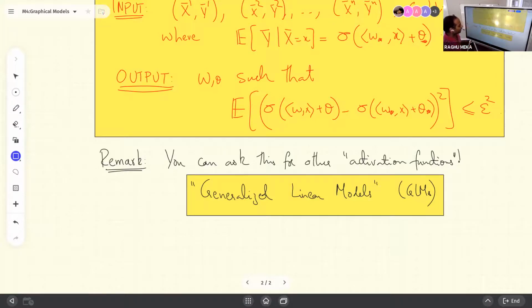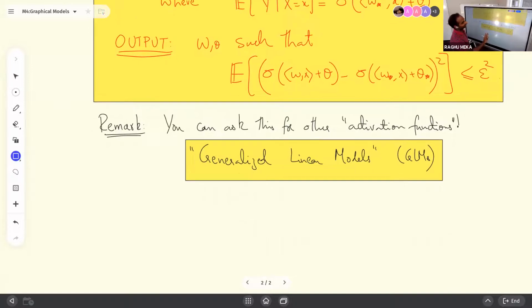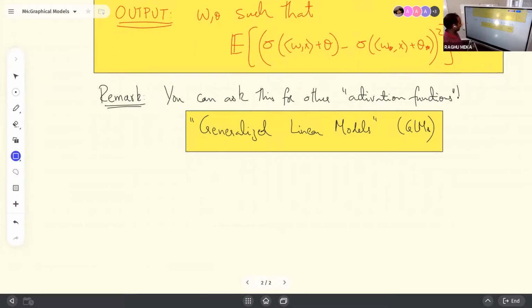Okay. So what is known about GLMs, right? Given that linear regression is so old and logistic regression is so old, you'd imagine that GLMs are also extremely well studied and we know everything there is to know about them, right? But surprisingly, they were not that well understood. And